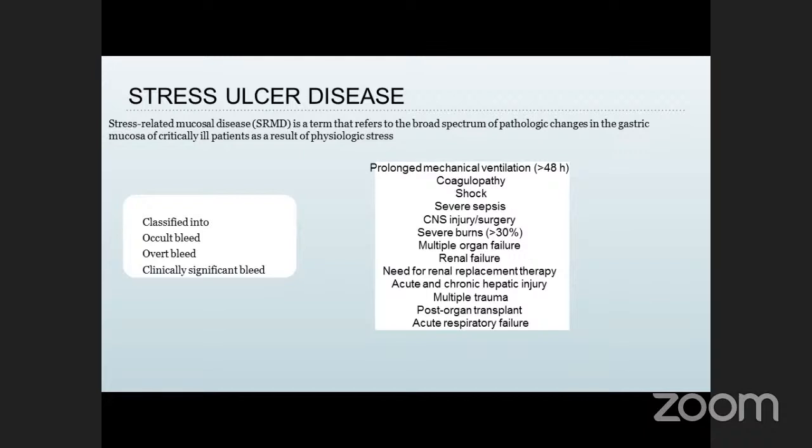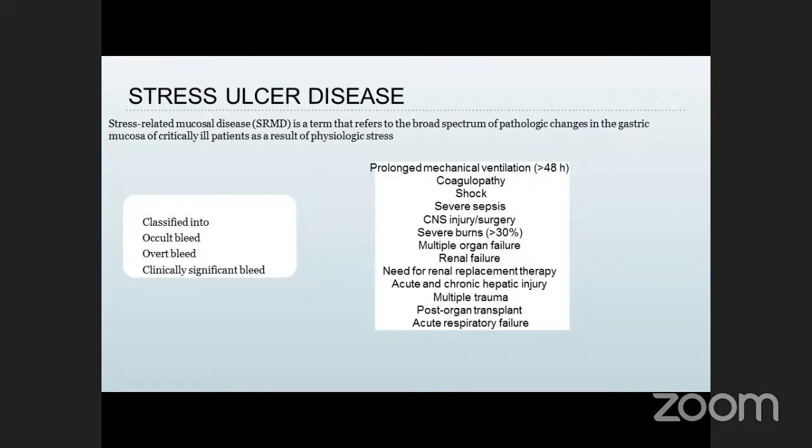In such cases, bleeding might even start in critical inpatients, and these bleeds can be classified into occult bleed, overt bleed, and clinically significant bleed. Occult bleed is where you cannot make it out visibly, and hemoccult testing has to be done. Overt bleed is where, on visual inspection itself, it's very much evident. And clinically significant bleed is the one which causes hypotension, tachycardia, and a drop in hemoglobin of more than 2